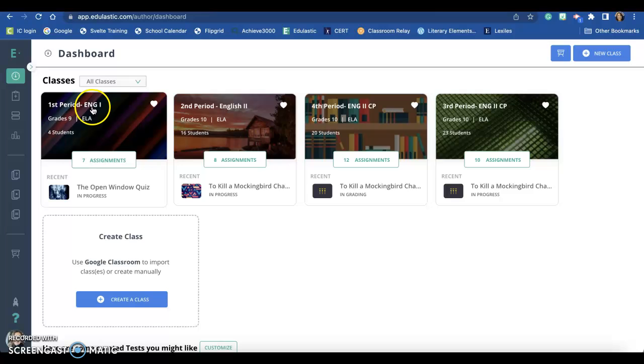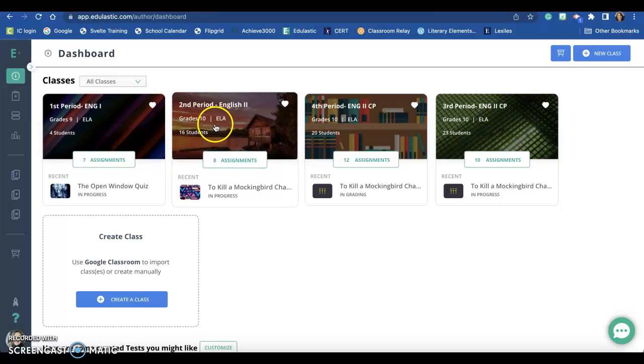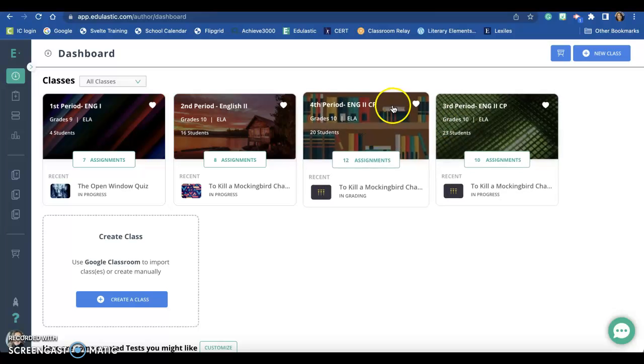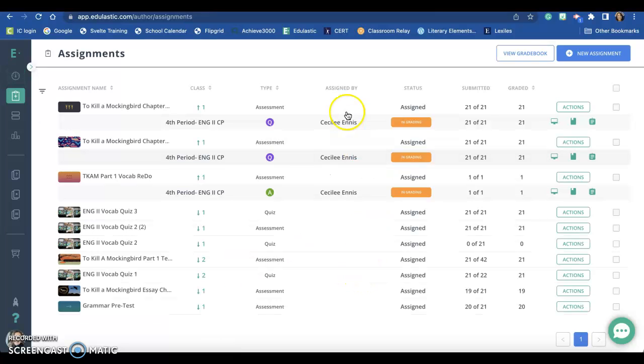Of course, you can see I have first period is English 1, and that's a collaborative class where a lot of those students are special education students. I have second period is English 2, just a regular class, and then third and fourth period are both English 2 CP classes. From this dashboard, you can look at either all the assignments that the class has completed thus